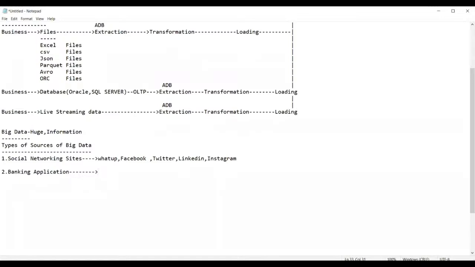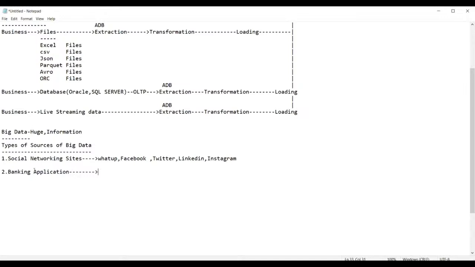Suppose you go to a bank and get an entry done in your passbook. You have made some entries: cash withdrawal, deposit, online transfer, some purchases. That means you have done some transactions. But you have made only 3 transactions, yet it will print 7 to 8 lines: balance, deduction, debit balance. So banking data is considered a massive amount of data across the globe.